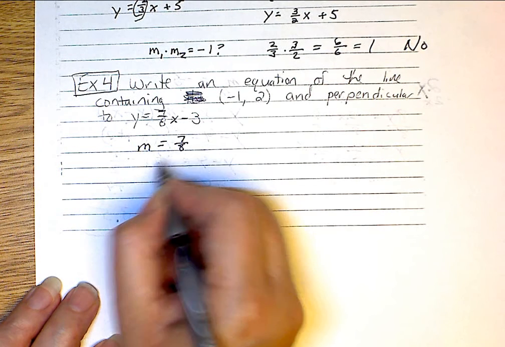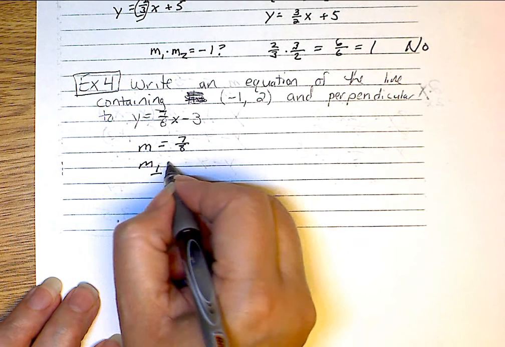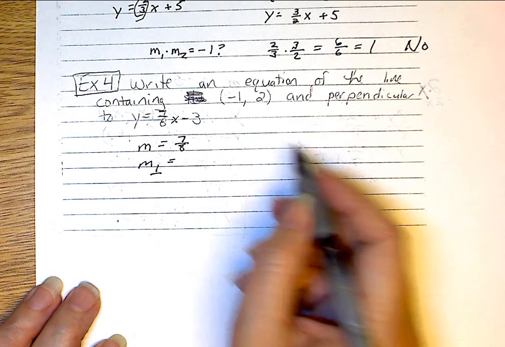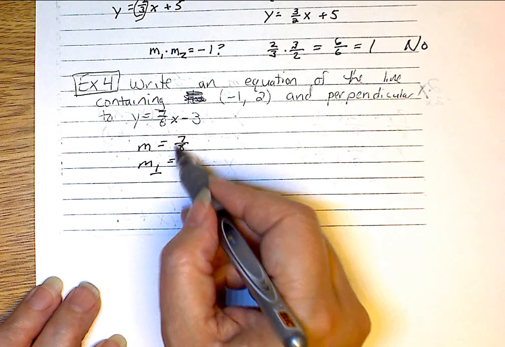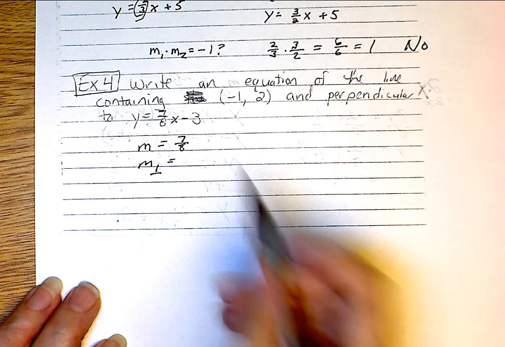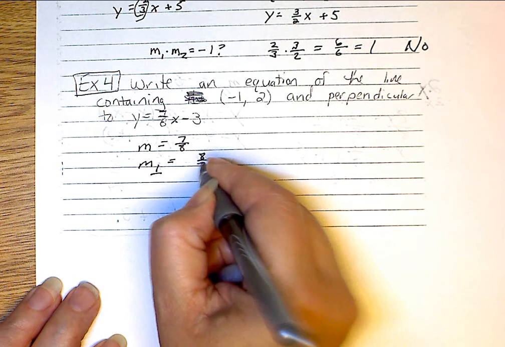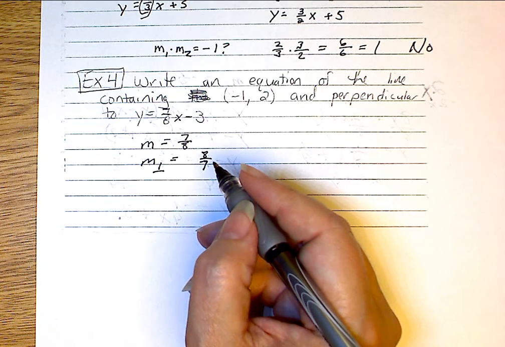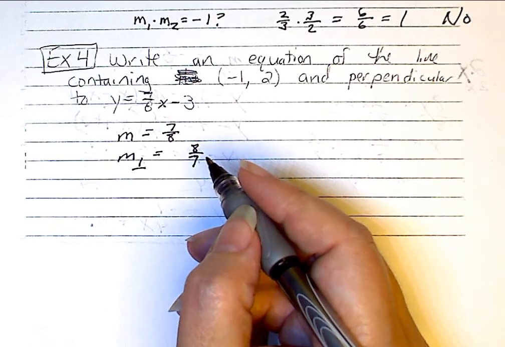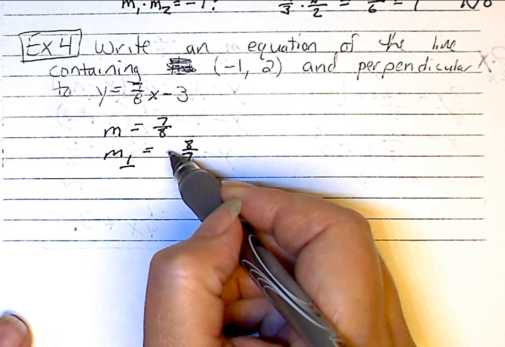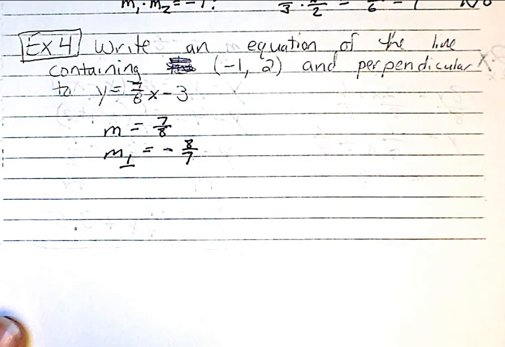So my perpendicular slope is the reciprocal. What's the reciprocal of 7/8? Reciprocal means you flip it. So 8/7. And it's positive, so it becomes negative. You flip it and you make it the opposite sign. Now that we have the slope of our perpendicular line,